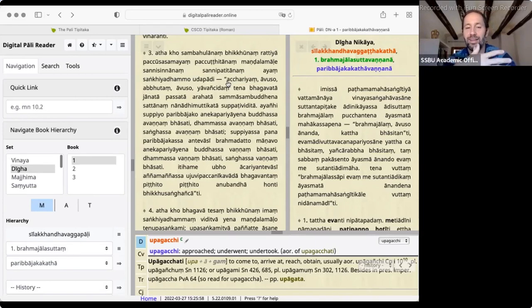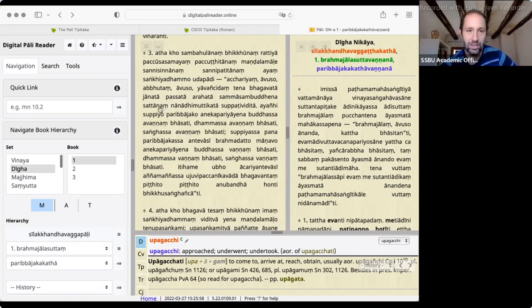Is this just an exclamation? It's like, okay, great; it doesn't belong to any sentence. Or am I actually saying, this is great, this is fantastic, please come to my class, or please come to my house, or whatever. So here with acharyam also, abhutam also, yavan chidam. In a way, what is acharyam and what is abhutam is this idam. Idam acharyam hoti, idam abhutam hoti, yad idam, or namely that, yavan chidam, this is a kind of expression like, namely that tena bhagavata janata passata